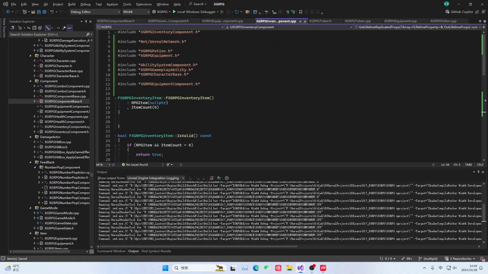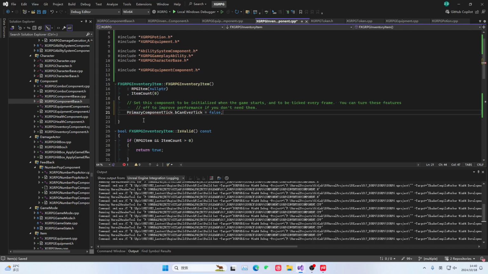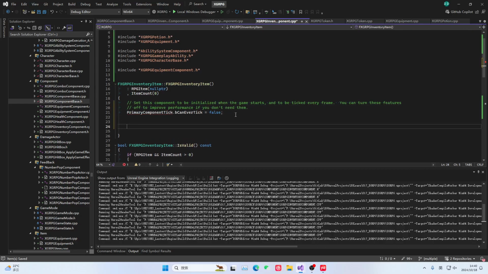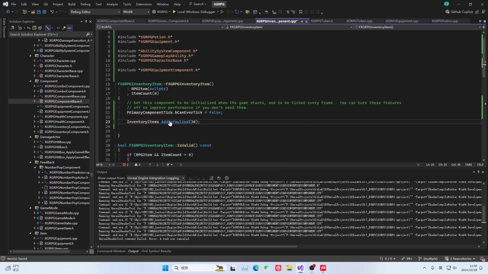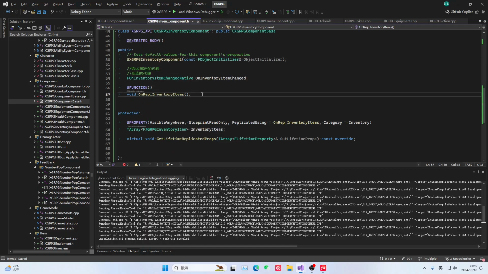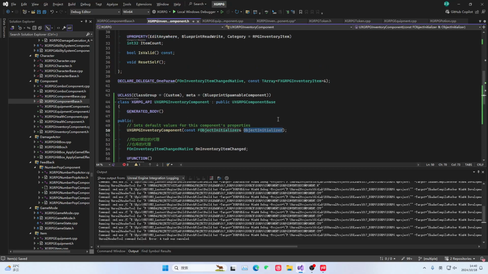So in the constructor, we also need to enable some related sync settings. First of all, we definitely need to turn off tick because we don't need tick anymore. Okay. Then here we plan to make 30 of them, so we call AddDefaulted. Default will add the default one. Right. And here our constructor should be given this